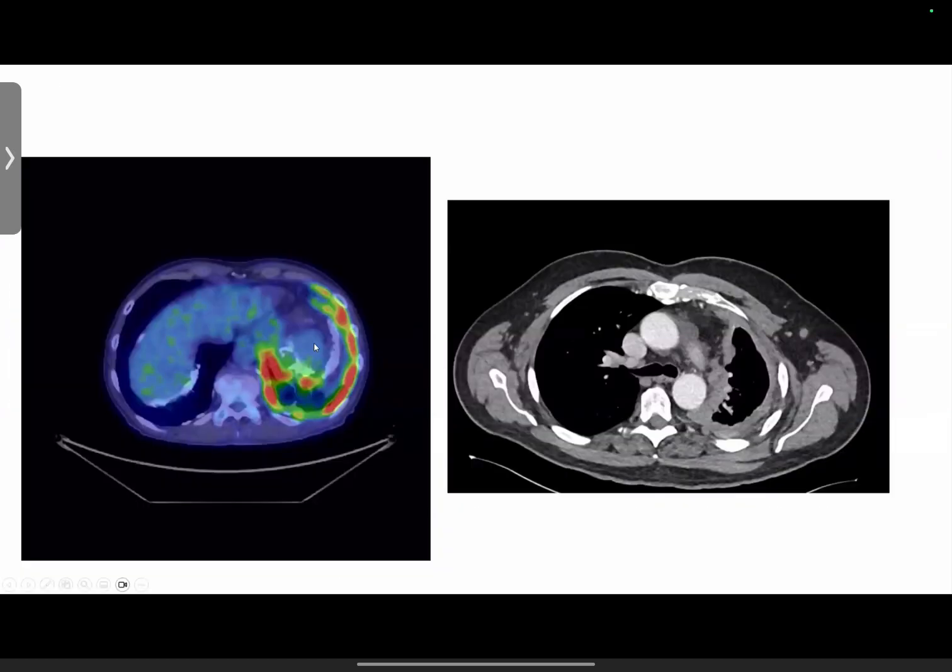And here on PET-CT, you can see that the lining is all FDG positive. The disease is very bad. Not sure how they treat this, but a lot of times these patients are very sick and may not be able to be treated at this point because of this invasive process.